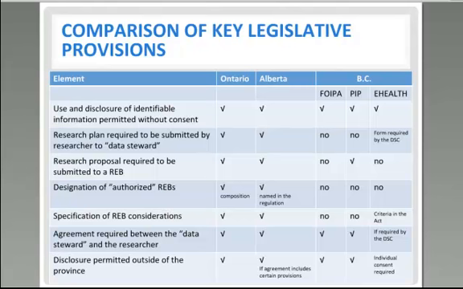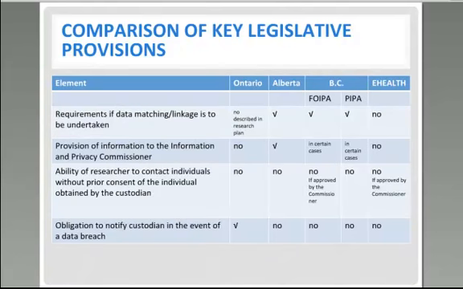You mentioned in BC for FOIPA, REB approval was not required. If this is academic research and practice, you will not get any publications out in a journal unless you've had REB approval. So to the extent that the objective is to publish results, REB approval would be needed, irrespective of whether it was required by legislation or not. But my question was around the disclosure of de-identified data. You talked a lot about identifiable information, but would de-identification allow the disclosure of the data without some of the hoops that you mentioned?